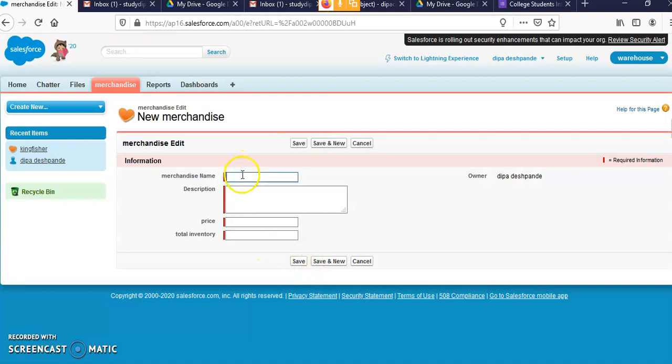Save and New. I am adding one more record, that is Jet Airways. After that, large plane as the description, and price 9.77. Right, Save.